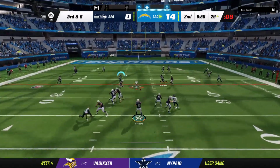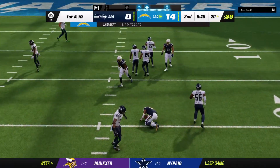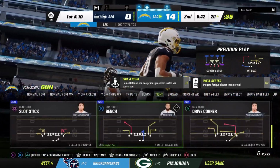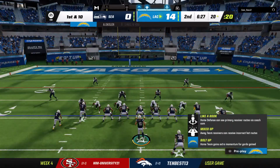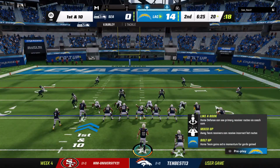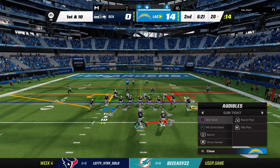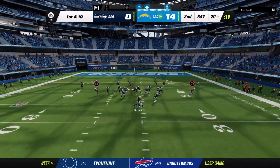Now Herbert with it, looking to pass. He dumps it to Eckler underneath. And he is going to have the Chargers first down as they're able to get the 3rd down conversion. The Chargers are 2-1 now to start the campaign, and they moved back above 500 with a victory last week. And you look at their start, a win, a loss, then a win. This might be something we see from them a lot this year because when they're at their best, they can